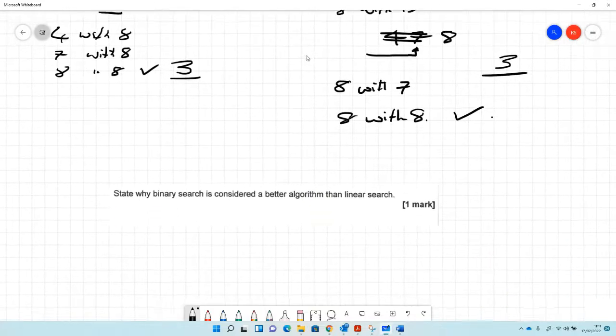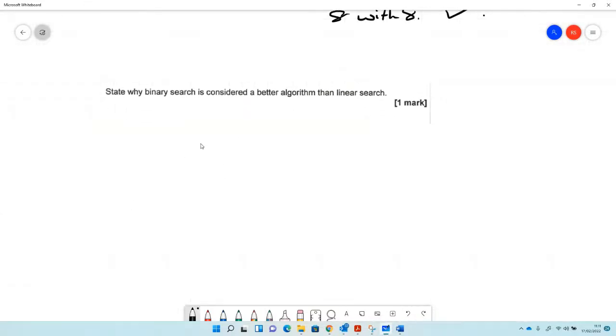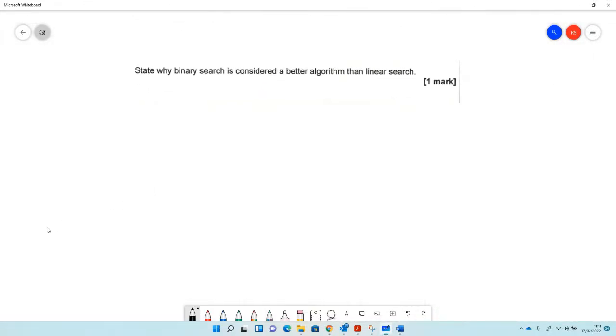So then the next part of this question at the bottom here, which, in my opinion, is not the greatest of questions. So why is binary search considered a better algorithm than linear search? Well, why is it a better algorithm? Well, it's a better algorithm if we're searching through lots of different numbers, and it works only if the numbers are sorted. However, we could say that for